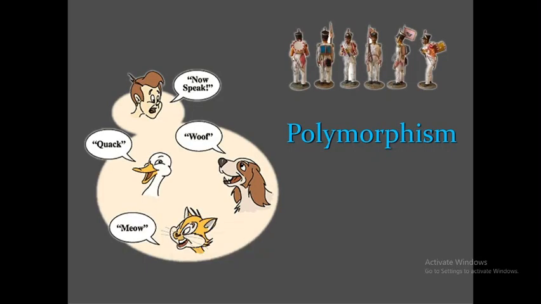But from animal to animal, across all these different entities, the talking is different. Talking is a single thing, but different animals talk in different ways. So in that sense we can say it is polymorphism: the act of representing more than one form, or a single entity performing more than one task, is called polymorphism.